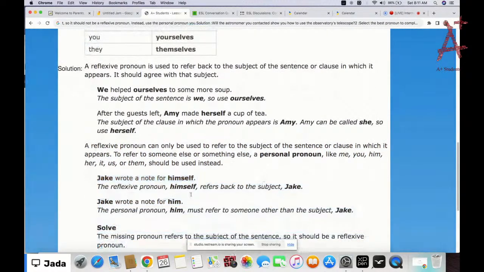Now, a reflexive pronoun can only be used to refer to the subject of the sentence or clause in which it appears. So note that a reflexive pronoun can only be used to refer to the subject. So when you have a subject,